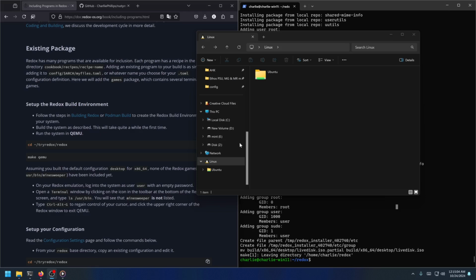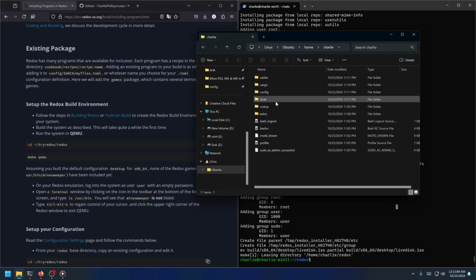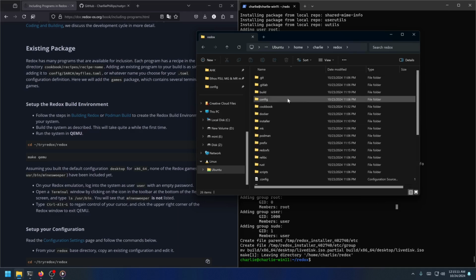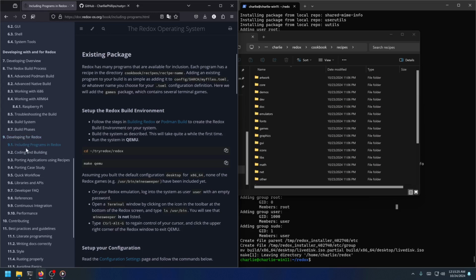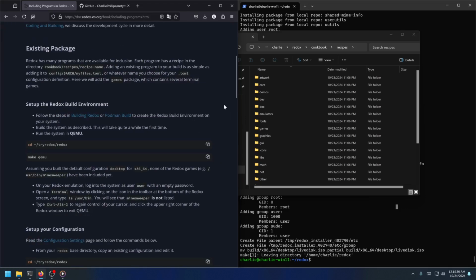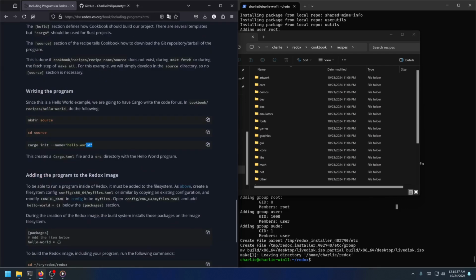All right. So to build in our own code, we're going to go into our Redox folder, and we're going to want to go to the cookbook and recipes. And while we're waiting here for a second, in the recipes folder, you can also follow along in the book here in section 9. It's mostly the same thing, and then they also explain later how you can get set up at just doing a hello world